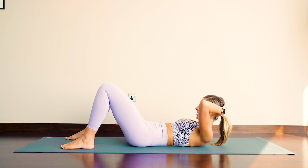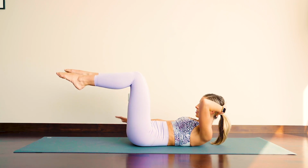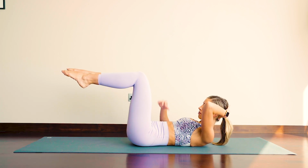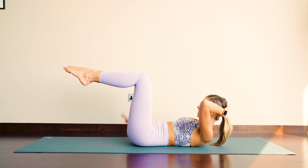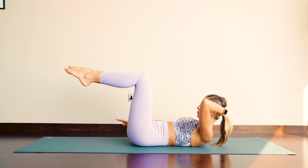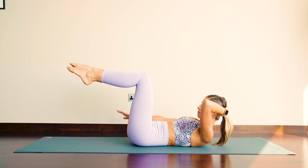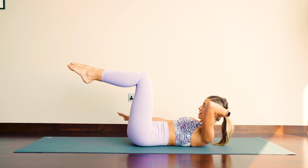My beginners, stay here. Anyone wanting to take it a little bit higher level, one leg up to 90 degrees, keep pushing, other leg up to 90 degrees, lower back stays flat, core stays engaged, keep going, breath in, 2, 3, 4, 5, that's 40, 2, 3, 4, 5, breath in, 2, 3, 4, 5, breath out, 2, 3, 4, 5,